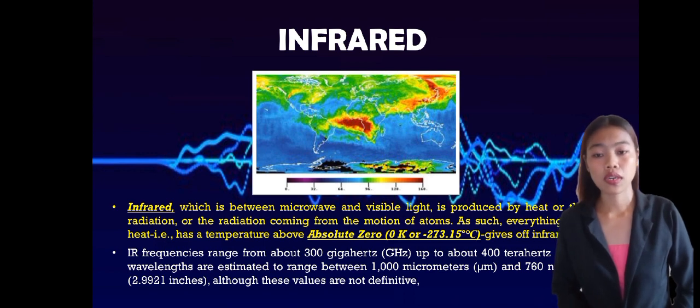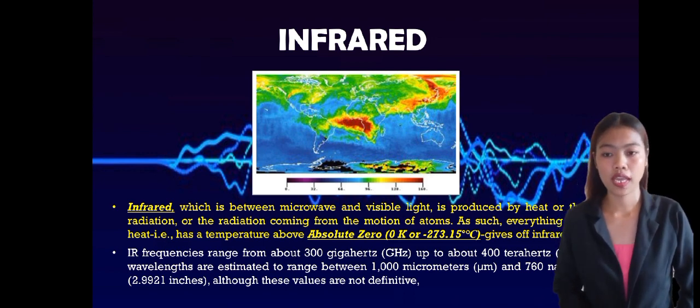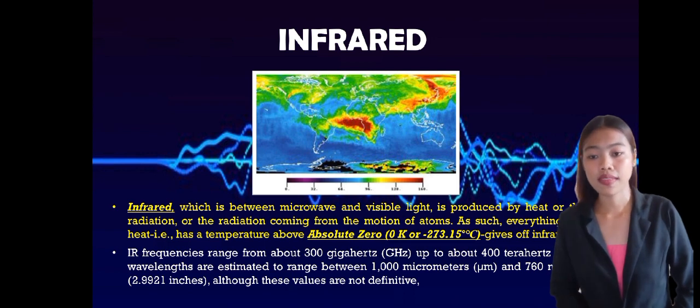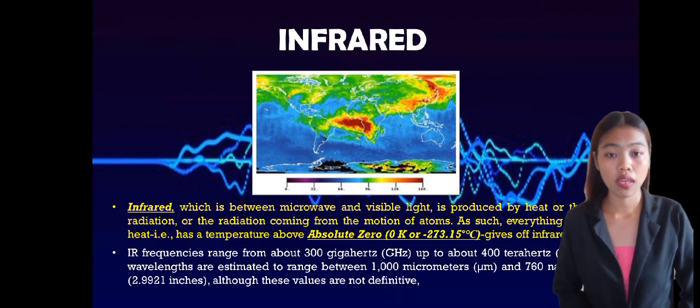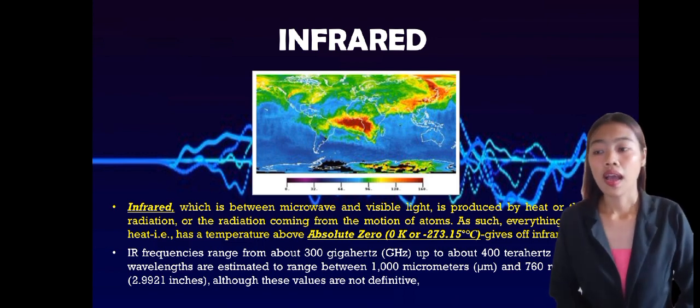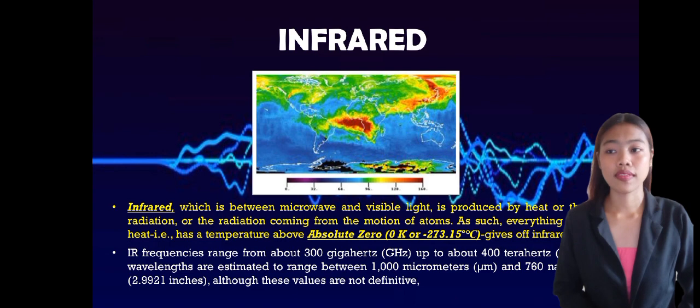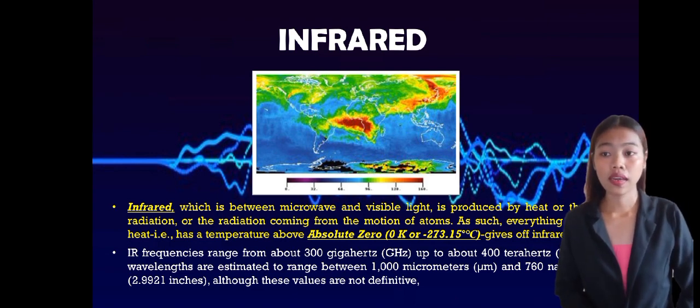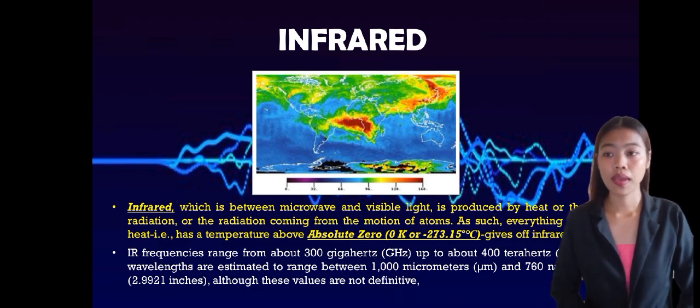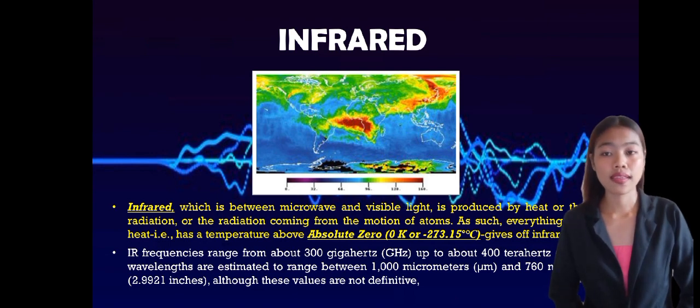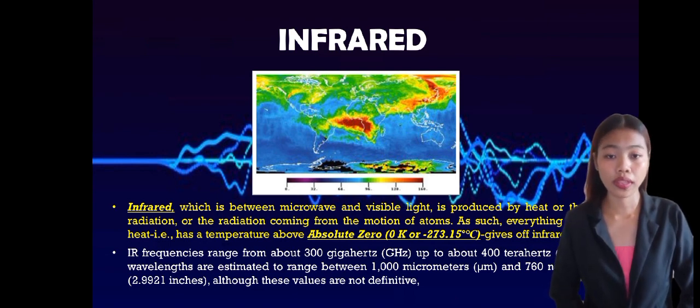One type of laser scalpel produces powerful infrared. As such, infrared may be present in the environment, but overexposure to it can damage the skin. According to NASA, the infrared frequency range is about 300 gigahertz up to 400 terahertz, and the wavelength is estimated to range between 1000 micrometers and 760 nanometers, or 2,921 inches,